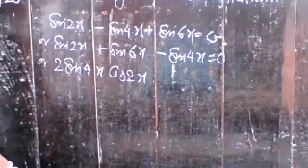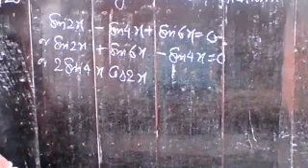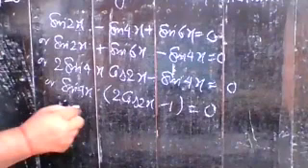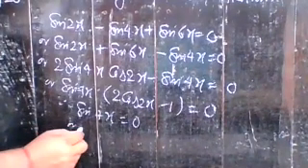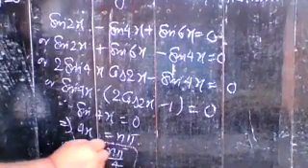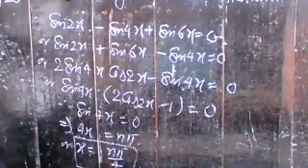So here you write sine of 4x is equal to 0. Now taking sine 4x common, so you have 2 cos 2x minus 1 is equal to 0. Now simplifying, applying its result. So sine 4x is equal to 0, this implies 4x is equal to n pi, or x is equal to n pi by 4. So this is your one solution: x is equal to n pi by 4.